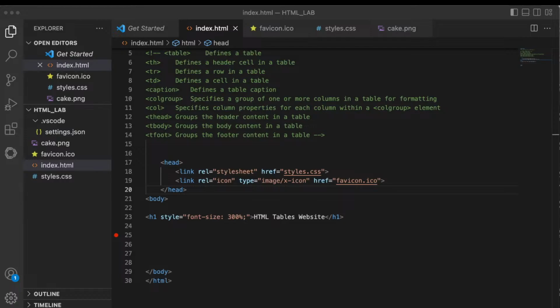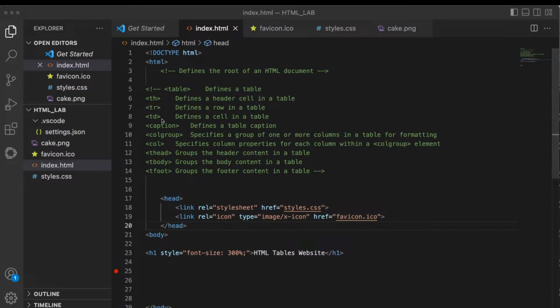As you can see on my screen here, I have Visual Studio Code open. And so I have, in green here, commented fields of the tags related to the table. I'm going to go over these tags for you guys today. So for the table tag, within the table tag we will have th, which